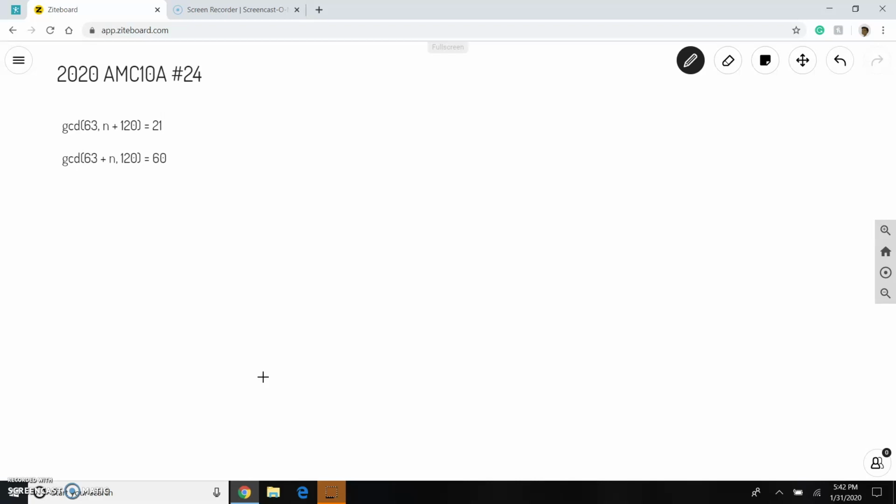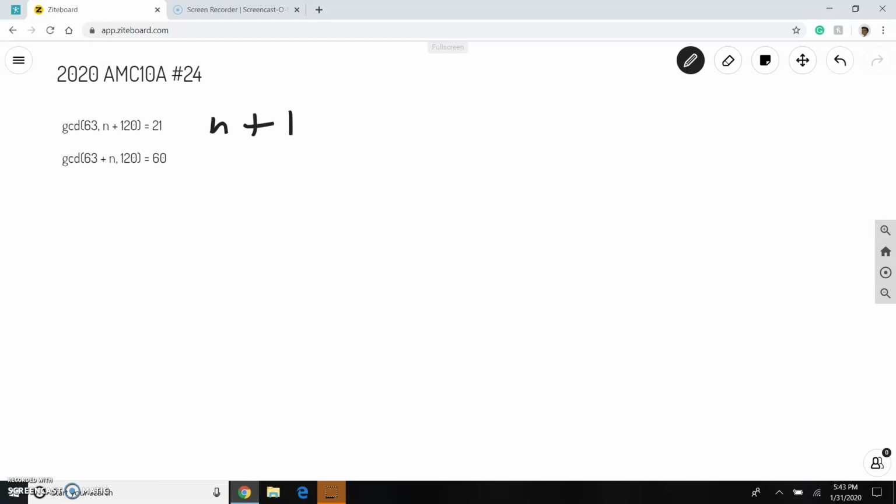The problem reads, let n be the smallest integer greater than 1000 such that the greatest common divisor of 63 and n plus 120 is equal to 21, and such that the greatest common divisor of 63 plus n and 120 is 60. Find the sum of the digits of n. So first off, we realize that